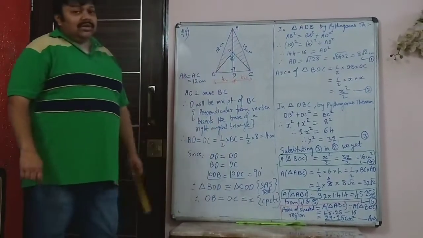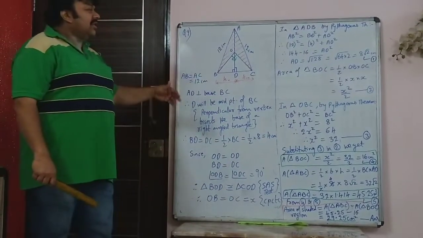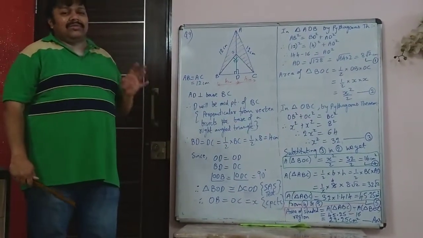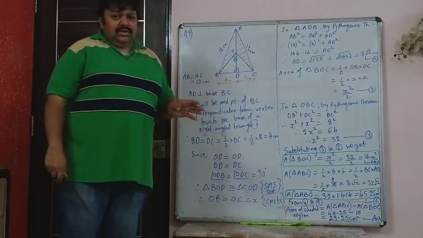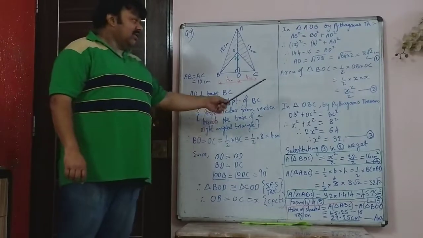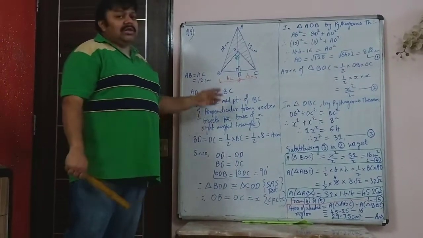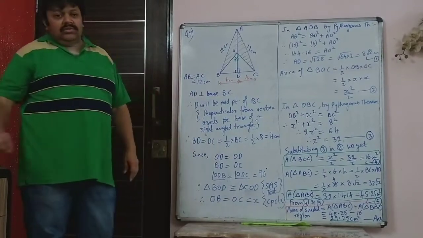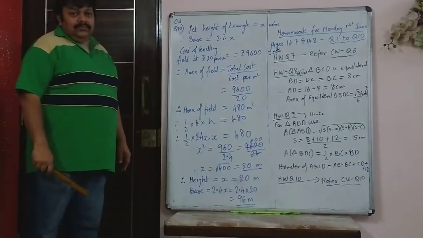So please write that down. Copy this all in your notebook. This is a lengthy sum. Generally in the board exams, that is in the February exam, such sums are not asked, in which there is congruency, then there is Pythagoras, and you have to use area theorem. But you never know, in your school exam it could be asked.